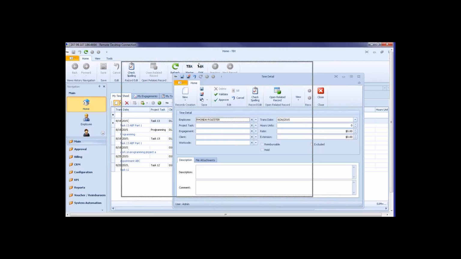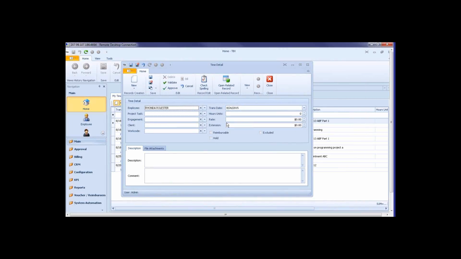For those of you either using our classic time and billing products or using other products to do your time and billing along with your Sage 100, you can see some pretty familiar terms here. You have your engagements, clients and work codes, and again, these things are drawn directly from your Sage 100 system. As part of our implementation process, we're going to bring all that information over into the Tbx platform, again, to really set you up with a plug-and-play turnkey solution to be able to get right to work with entering in